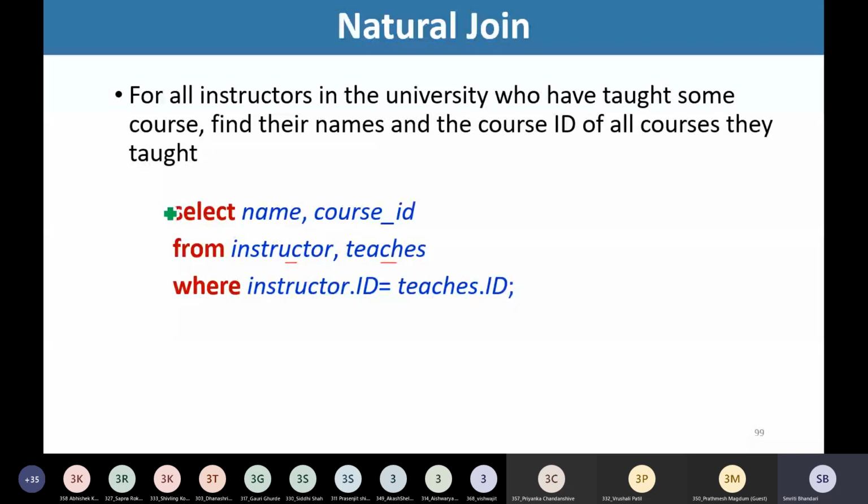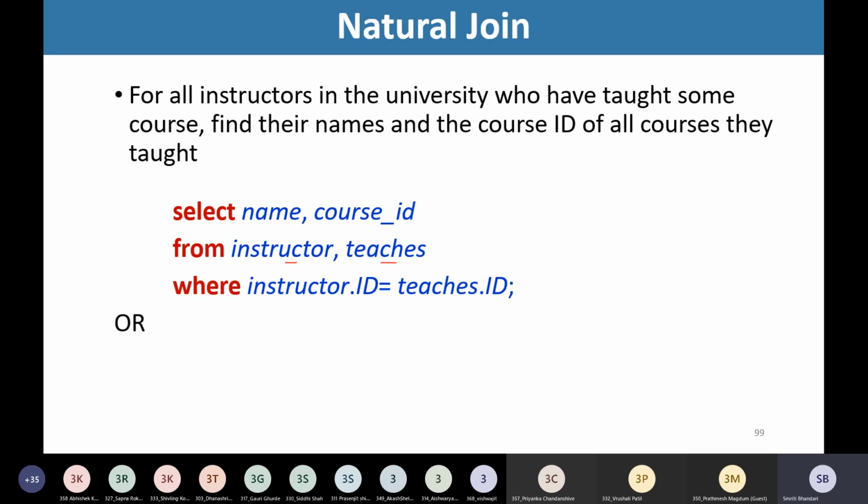What we get here is the name of the instructor along with the courses taught by that instructor. All the courses taught by that instructor will be listed in our output.